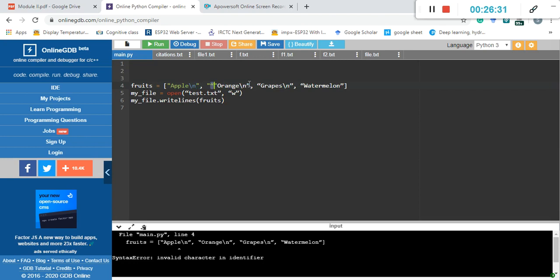Let's see, copy and paste. So this is the problem when you copy and paste this content.